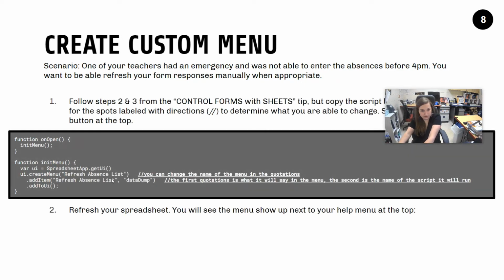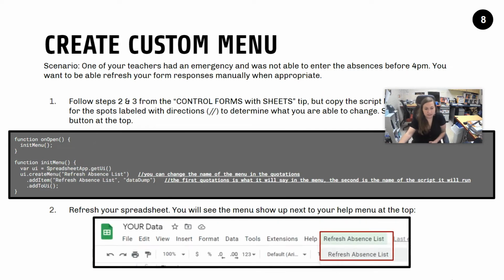We want to run that whenever we click on this option on the menu. And refresh your spreadsheet. Make sure that you hit save. Please, please, please hit save. And then refresh the spreadsheet. When you refresh it, you'll see that now you have your own custom menu up here with the option to